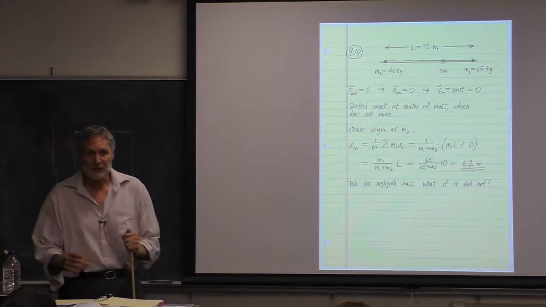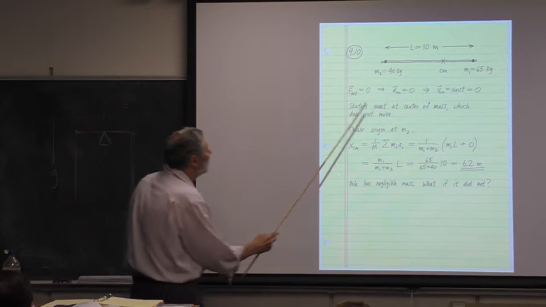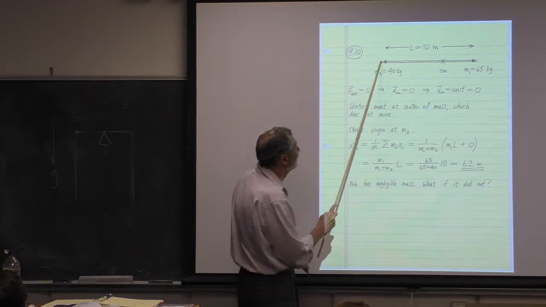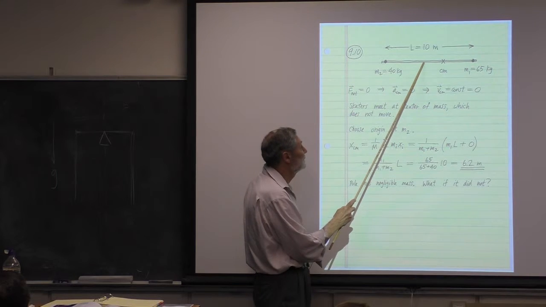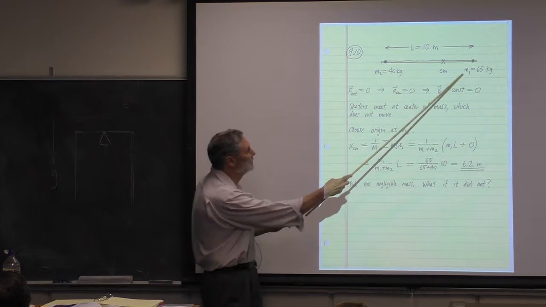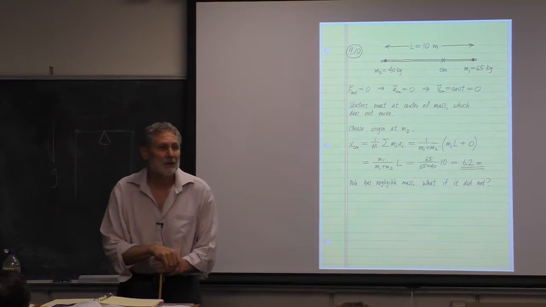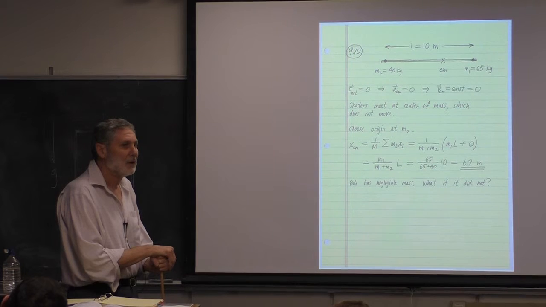Okay, any questions or comments? So the 6.2 meters, that's going from the origin? Right, the location of this point is from our origin, because we've chosen an origin here. That's exactly right. And it's to the right of center, which it has to be because this person's heavier. So the center of mass of the system doesn't change, but in this case,